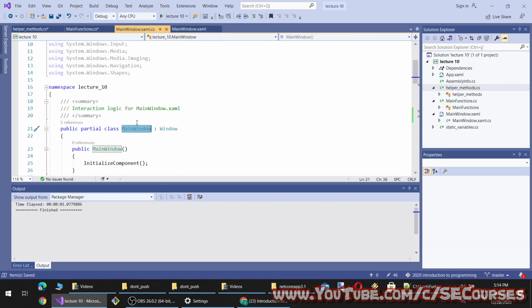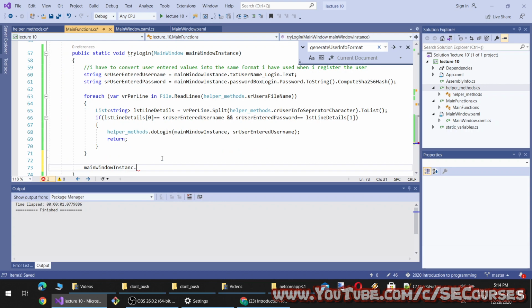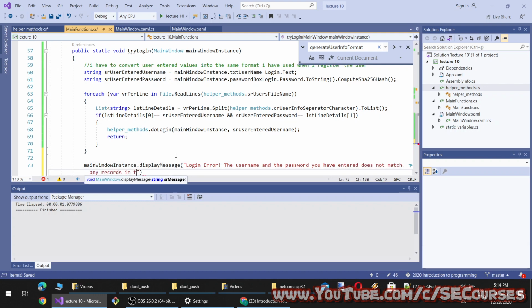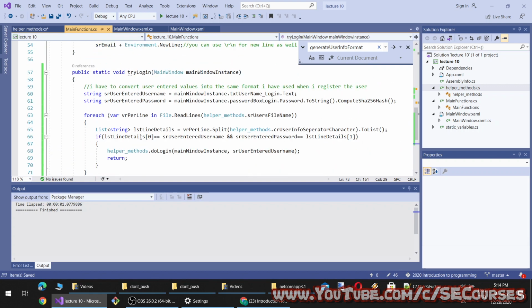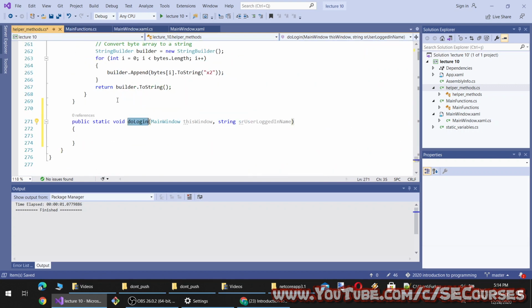I will call that method with display message, and tell it: login error. The username and the password you have entered do not match any records in the system. Okay, you can display any message you want to the user, and it will return from this method call.